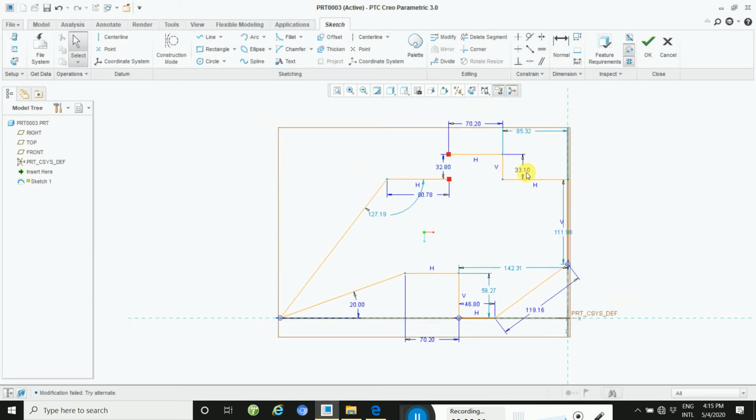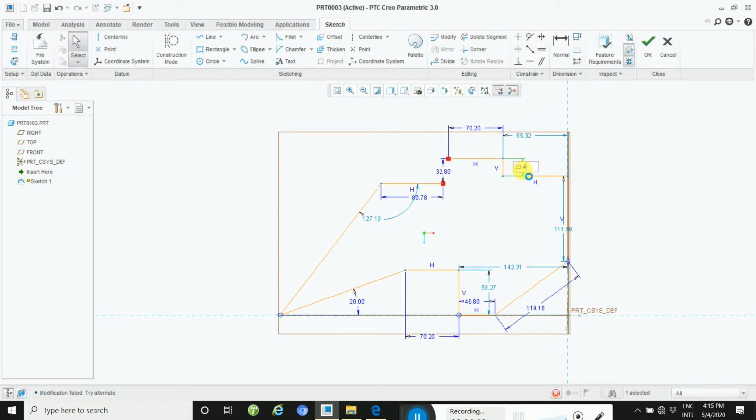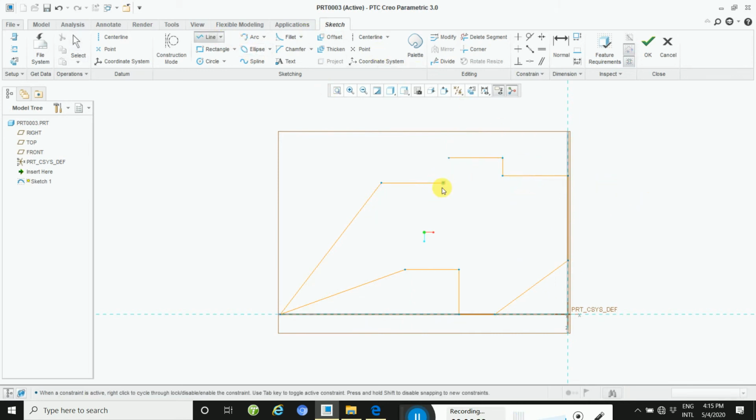Okay, and then this dimension is 23.4. Okay, and then take a line.